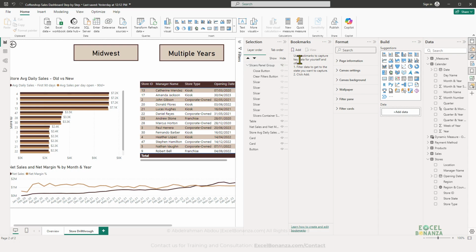And a bookmark is like a snapshot of a certain situation. So I want to take a snapshot of this situation, which is that this slicers panel group is hidden, okay, and I'm going to call it menu off or slicers panel off. So I'm going to call it menu off. So this is when the menu is off, and I'm going to click on these three dots,